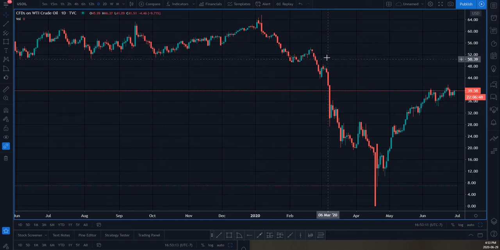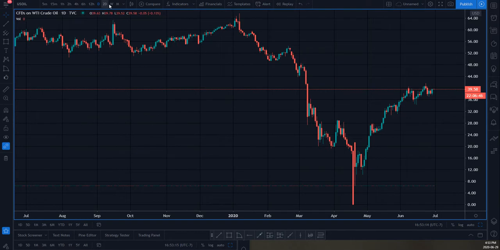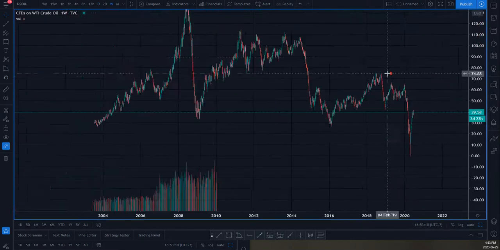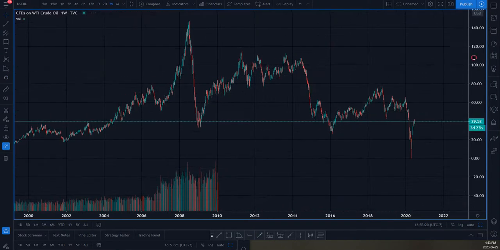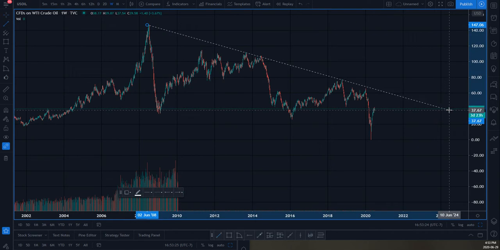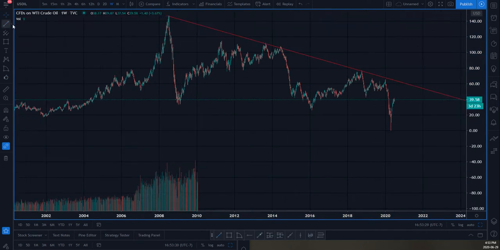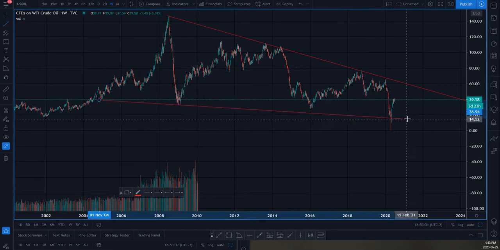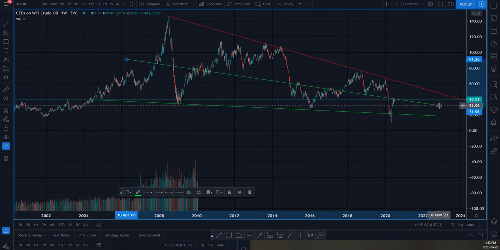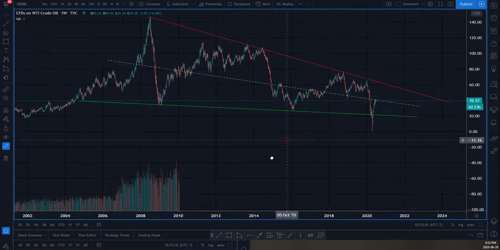All right, now we're going to get into oil. All right, so let's go to the weekly chart and talk about this large time frame wedge that we did have. If we were looking on the really, really large time frames, so this is the weekly chart. One candle represents a week's worth of trading. And this is that descending wedge that we did talk about a little while ago here. We haven't talked about this in a while because we don't really review from the weekly chart every single day,